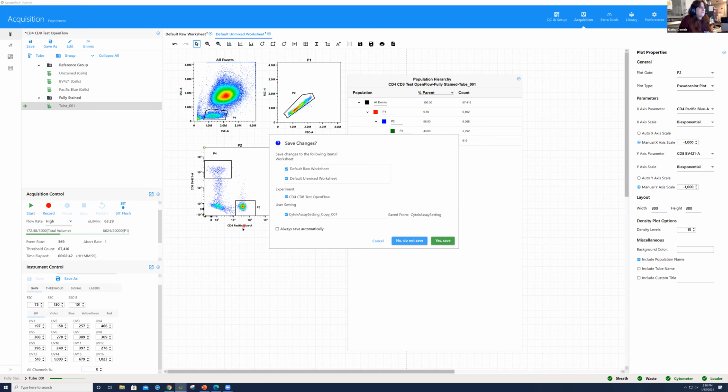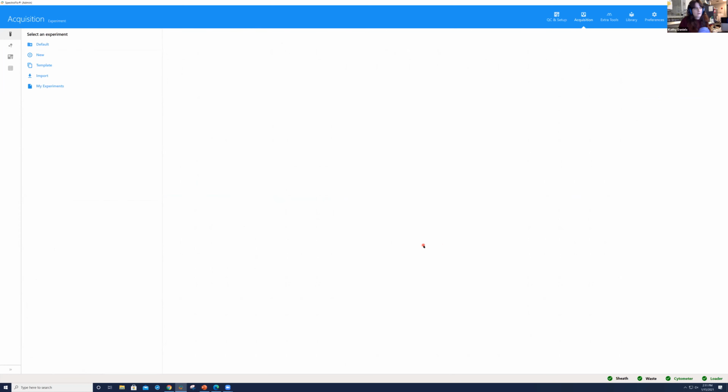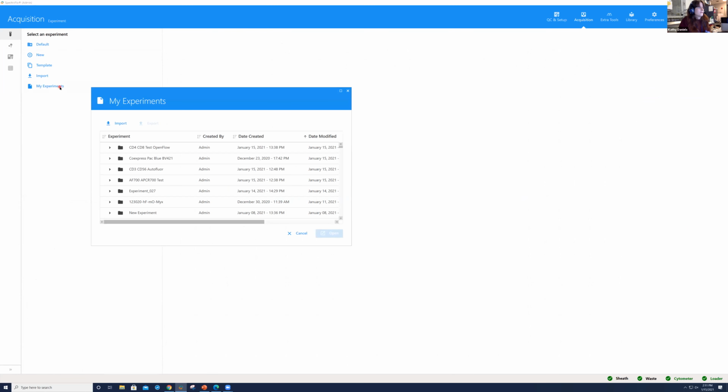that we've seen that Pac Blue and BB421 is a possible combination on mutually exclusive markers. And I'm not going to save the user settings, and I'm not going to make any changes to our default worksheets, but I will save the experiment, okay? So I'm going to go ahead and hit yes, save in case we want to come back to it later. And what I'm going to do is open up a list of my experiments that I've previously run, okay? So the next thing that we want to go into is Pac Blue and BB421 when it's on co-expressed